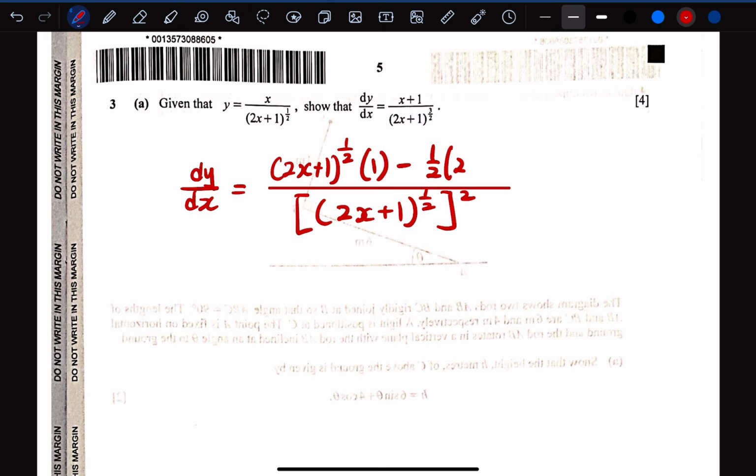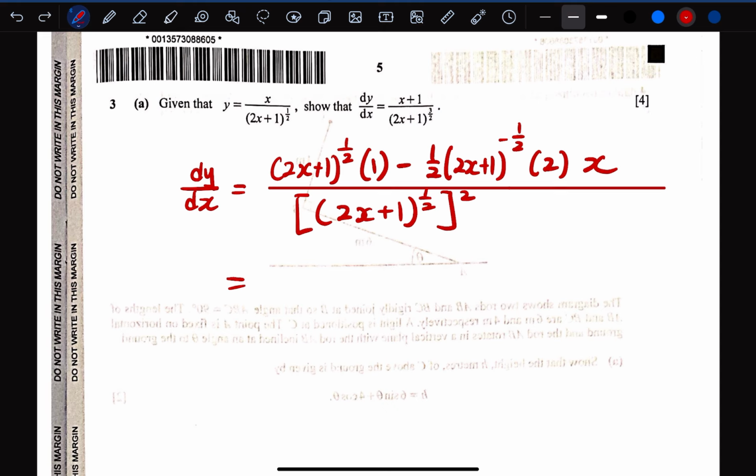Bring down the power. Power minus 1 becomes negative half. Right? Differentiate the inside, which I just get 2. Because I differentiate inside, it's just 2. And I'm going to leave my numerator, so it's just x. From here, you can see that the question wants you to actually get power 3 over 2 at your